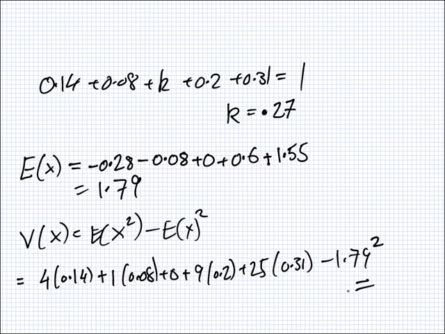Now I think it should be small enough. What did you get, like 1 or something? So, are you sure K is 0.27? That's what they told me. Is K 0.27? 0.45? Did you get 0.27 as well? I think 0.45 would be too big. Yeah, okay. Right, what's this equal to?